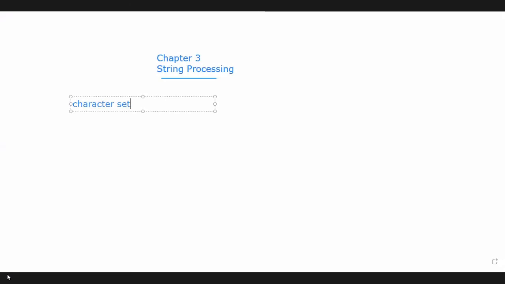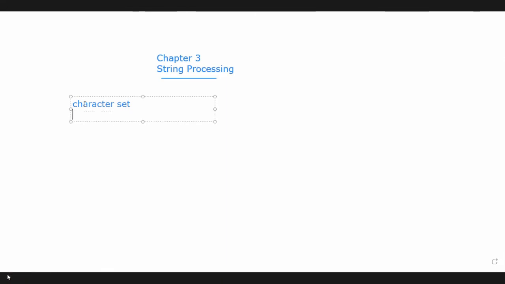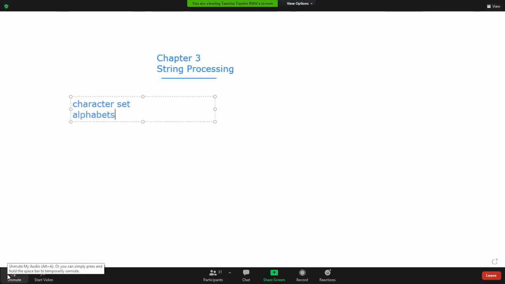Okay, ASCII code. If we are talking about C, how many characters can it support? 127 characters. We can use alphabets from A to Z, and digits from 0 to 9, right?